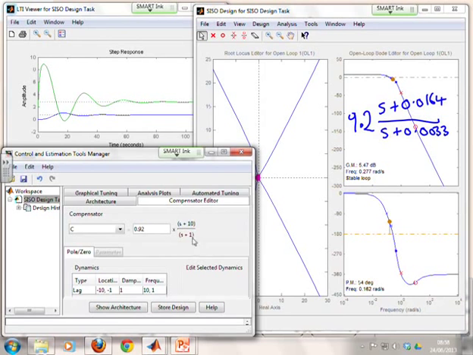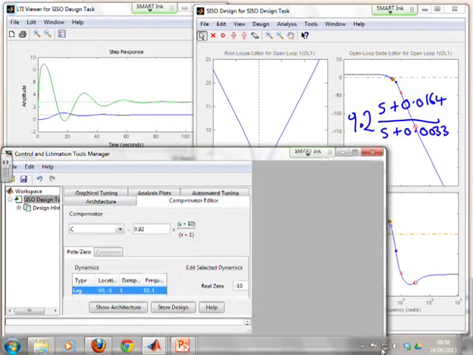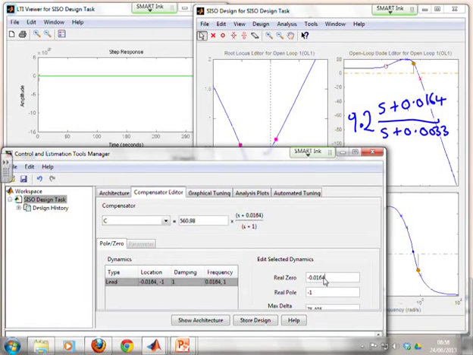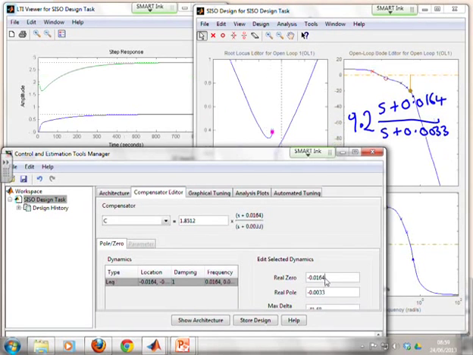Now you'll see it defaults to give me s plus 10, s plus 1, which is not what I want, so I can go here. I might make this window a bit bigger in order to change those. So where do I want the real 0 to be? I want it to be minus 0.0164. And where do I want the real pole to be? Again, minus 0.0033. And what I'm going to do is I'll make that 5 just for the pedants who want the beta